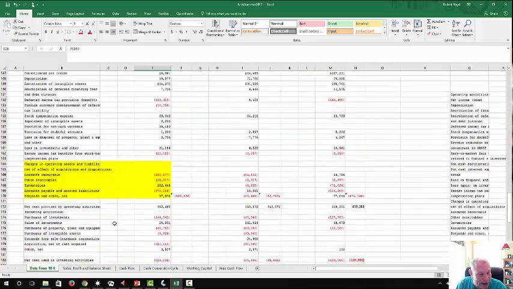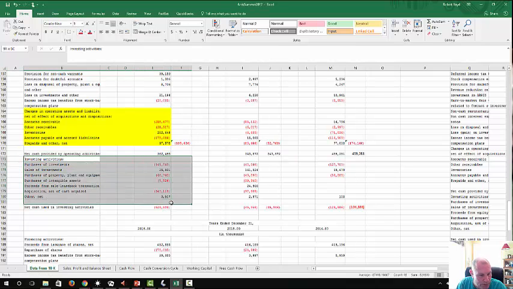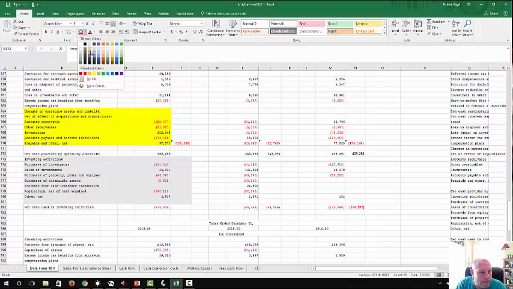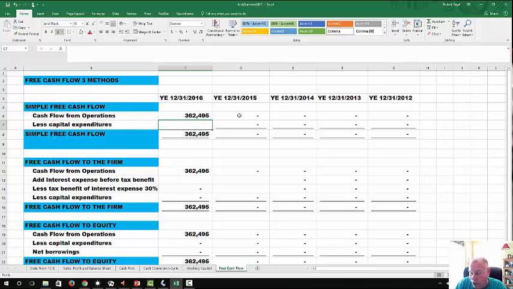So we're at the cash flow statement, and that's going to be investing activities. So when we look at investing activities, which are right here, let's say purchase of investment, is that capital? No. Sale of investments, no. Is purchase of property, plant, and equipment? Yes. Purchase of intangibles? Yes. Acquisition? Yes. Okay, so we're going to add them up, and $412. So what we're going to do when we look at our free cash flow, we're going to pick up